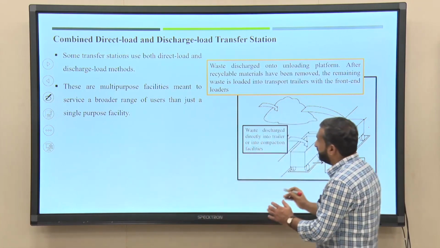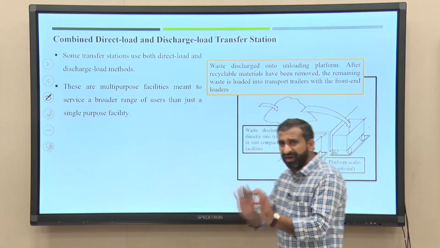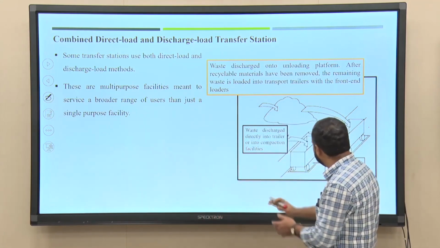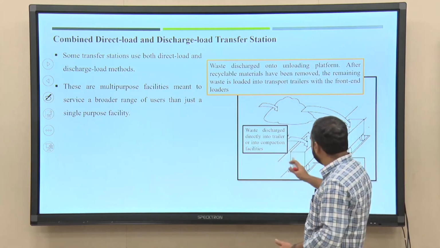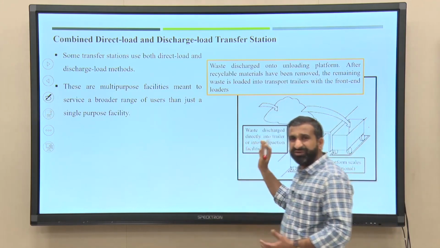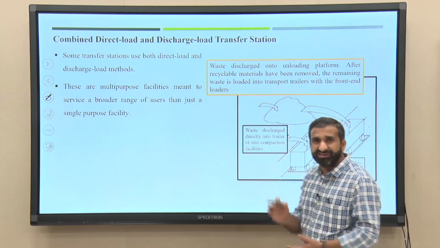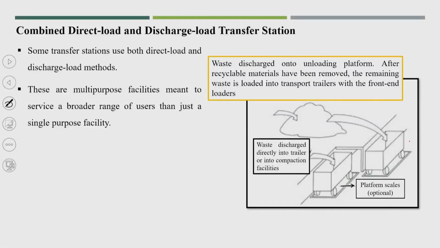Now, if you are planning a transfer station, I won't accept wet waste for a composting facility nearby, because it is very close to the residential area, and it is difficult to have biological degradation facilities there. So, what we can plan here is that the wet waste will be direct load. There is no storage of wet waste, but dry waste we can store